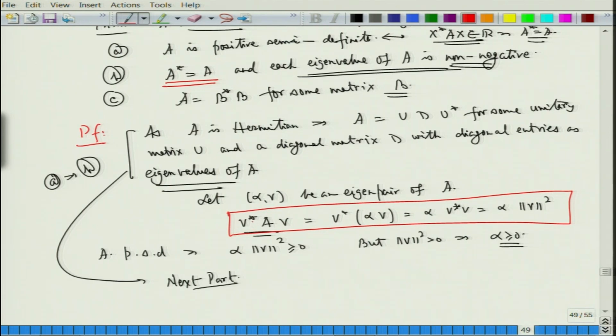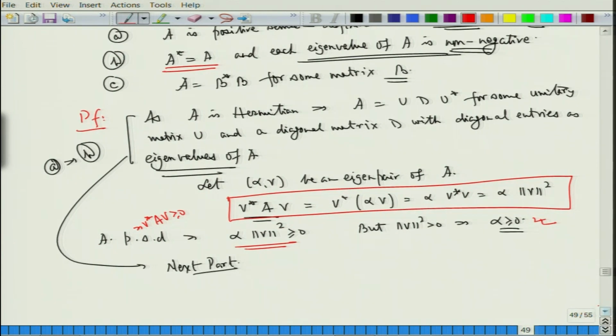We have been given that A is positive semi definite. It means that V star A V is greater than equal to 0. Positive semi definite implies V star A V is greater than equal to 0. So, therefore, alpha is greater than equal to 0, all right, fine. So, what we know is that all the eigenvalues are non-negative. So, D has all non-negative entries. So, I would like to write A as next part,